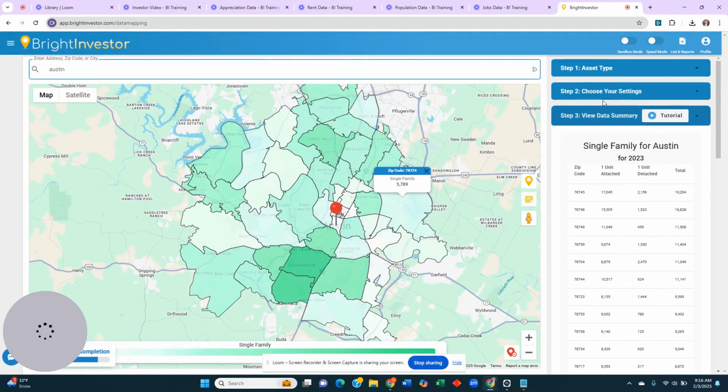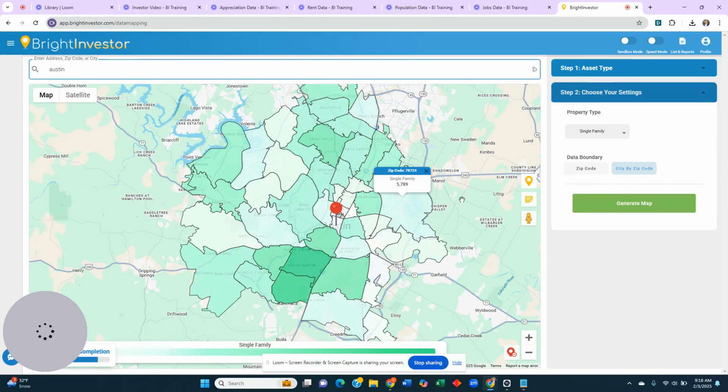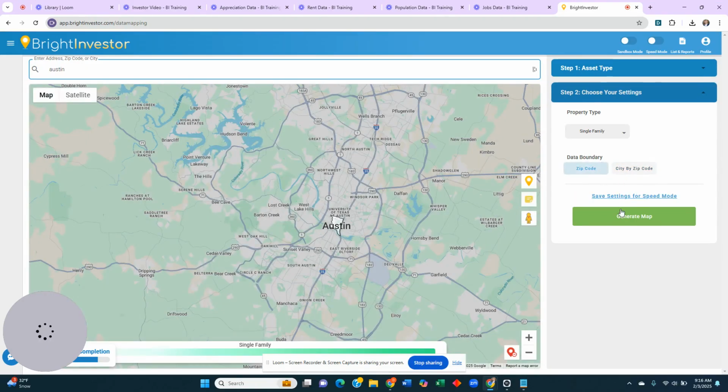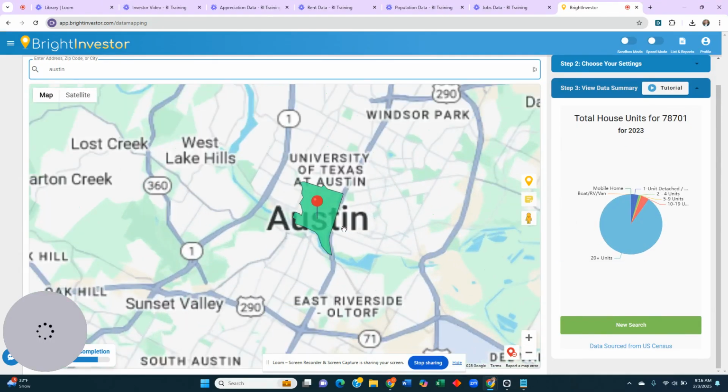So what happens if you have a zip code selected? And you're like, well, I already know I want to invest in this area. What kind of properties are available for me to buy? Great question. Simply click zip code, and then click total housing units. When you click total housing units, you're going to get this breakout. And you can see that in this zip code,